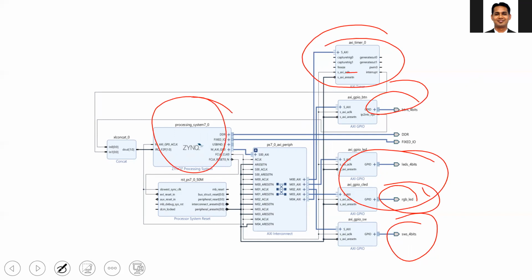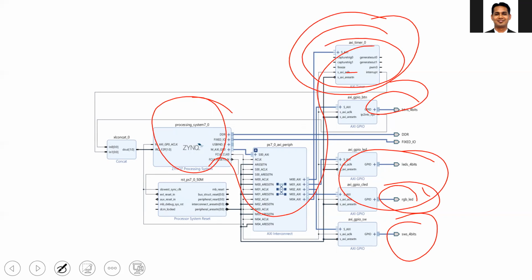And as we know, from the ARM processor, your C code will be converted into a set of instructions. And then if you want to, say, communicate with the timer, you need to use the driver of the timer. That driver will convert your C code or the assembly language instruction into the appropriate AXI protocol write or read transaction, and will execute the corresponding communication with each IP.